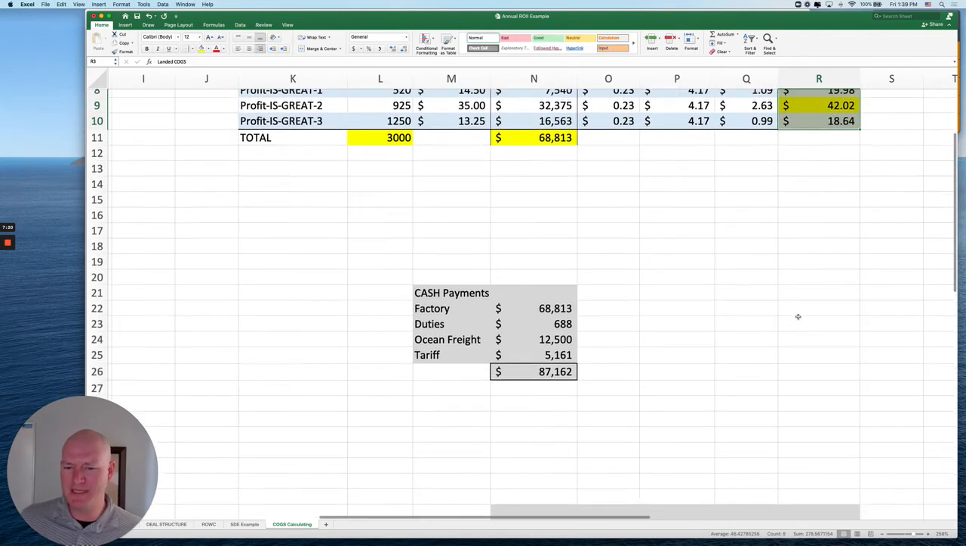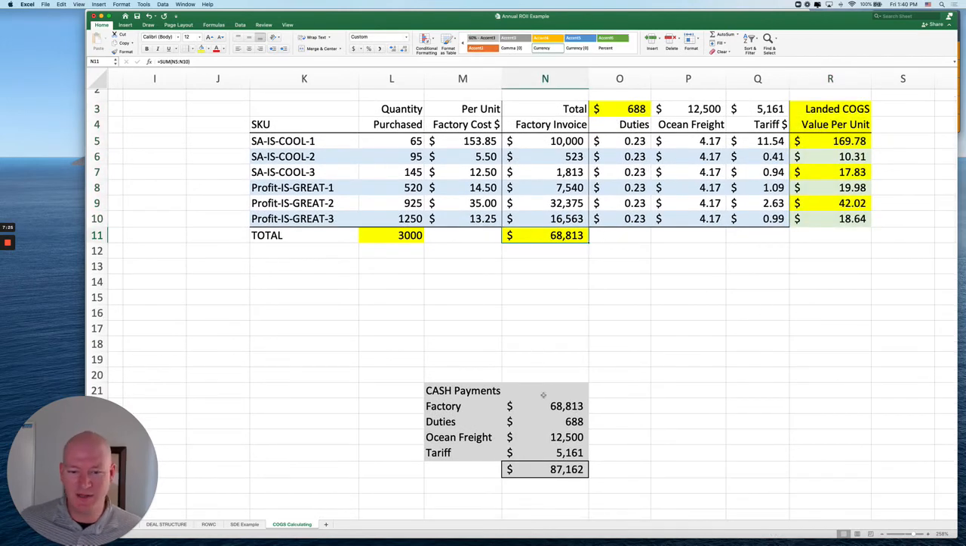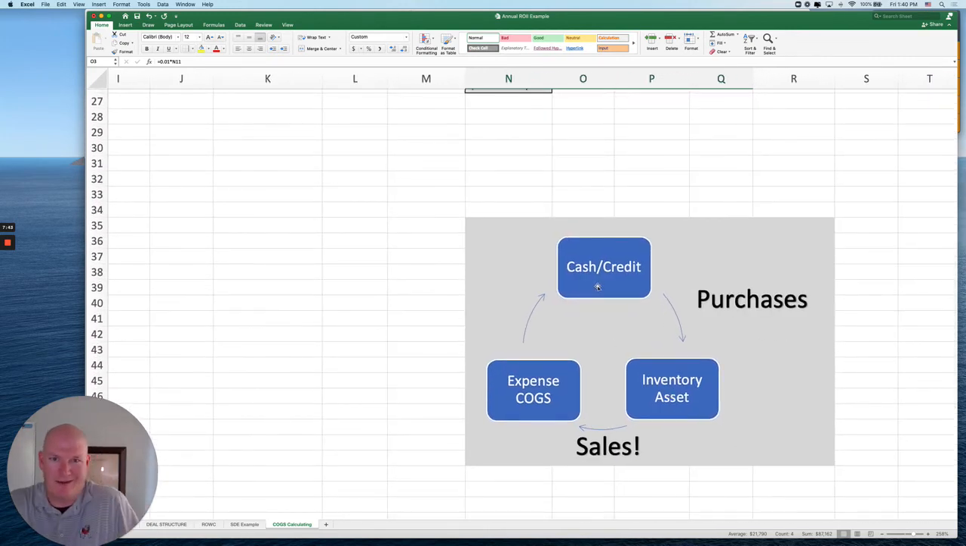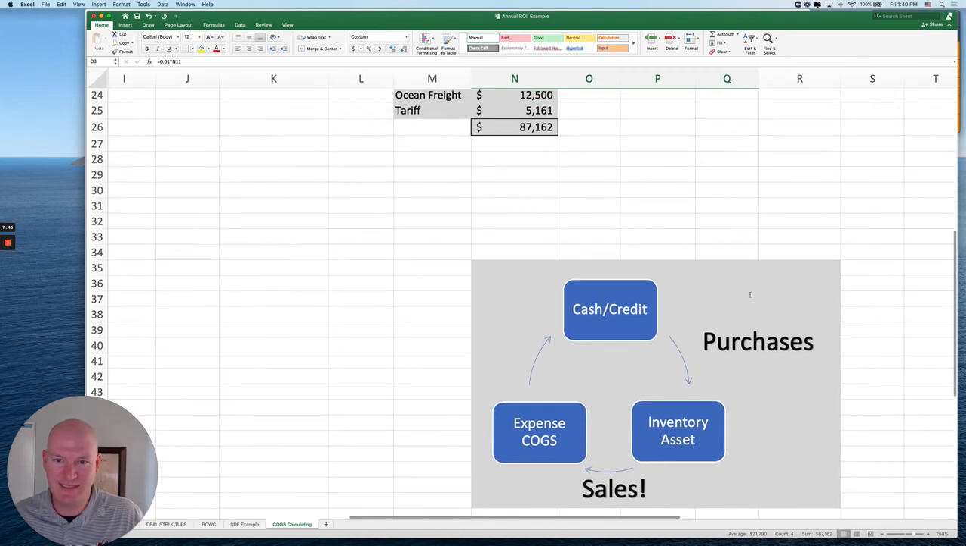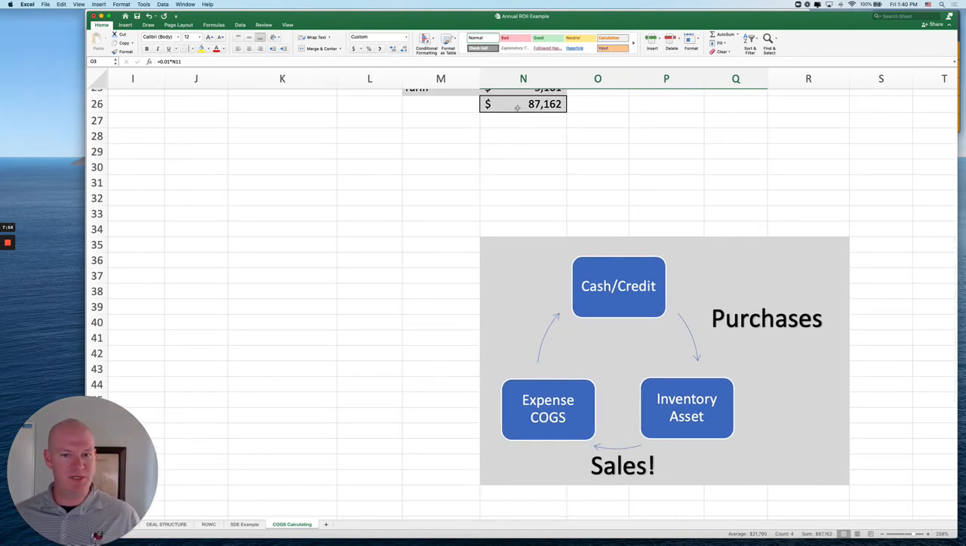Then to bring this down to a cash cycle standpoint, we have our $69-ish thousand in factory costs plus our bulk bills that we got from customs or from our freight forwarder, and it means that we spent a total of $87,000. That's just these numbers up here, the total numbers. And here's what our cash cycle looks like. We had money or a credit card or something like that, and we made purchases. This entire pile of stuff right up here is the definition of a purchase. We've made a purchase, and we've loaded all of that purchase, the $87,000, into an asset called inventory